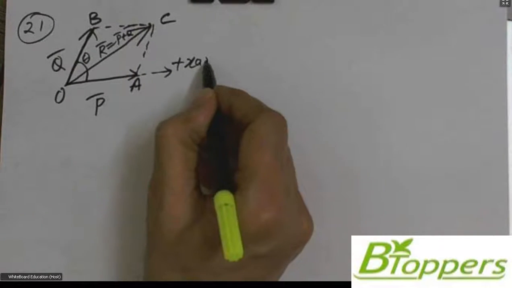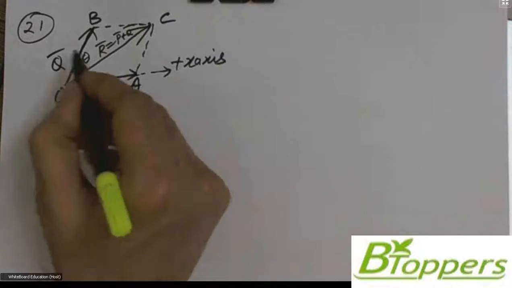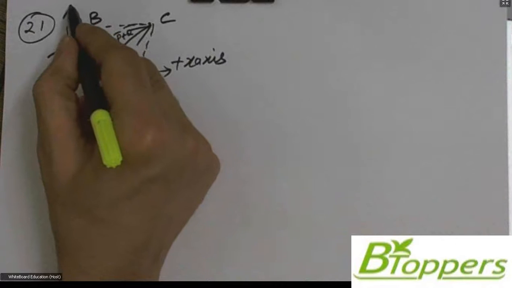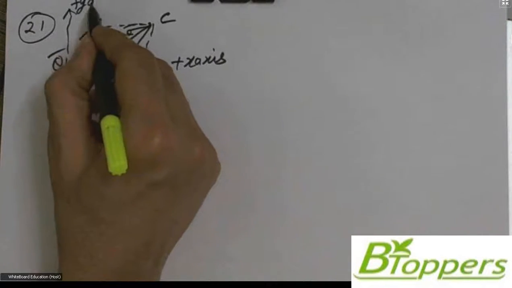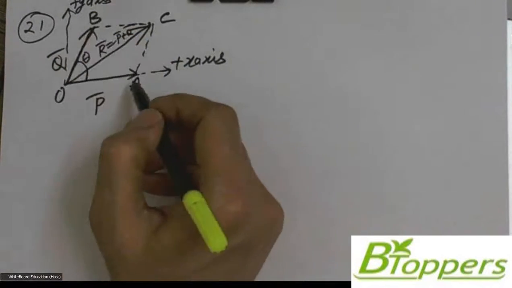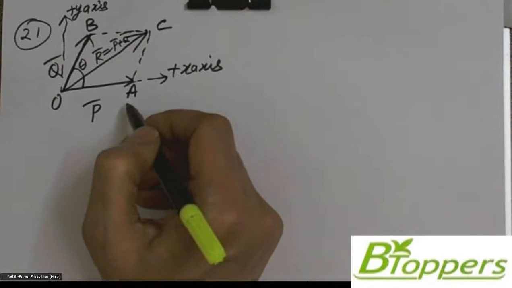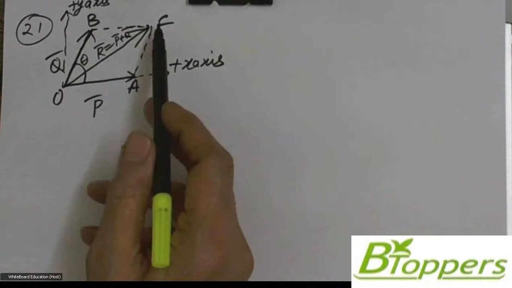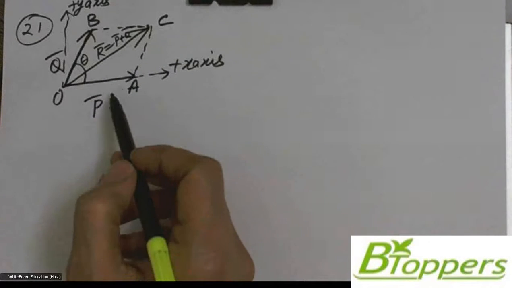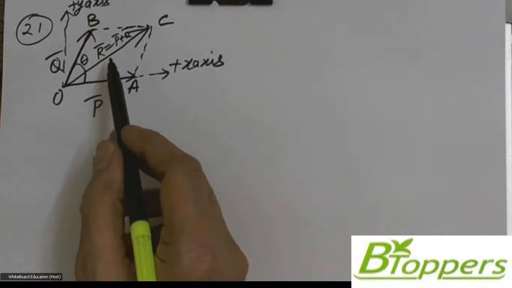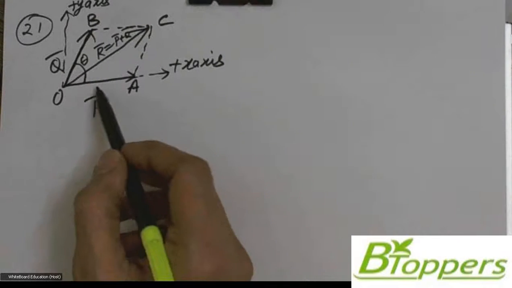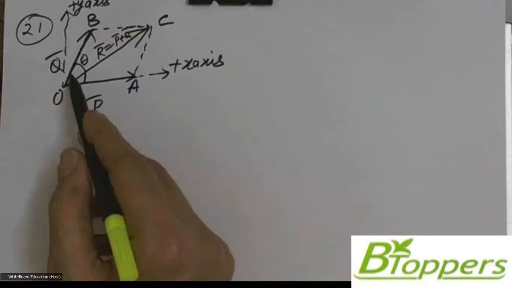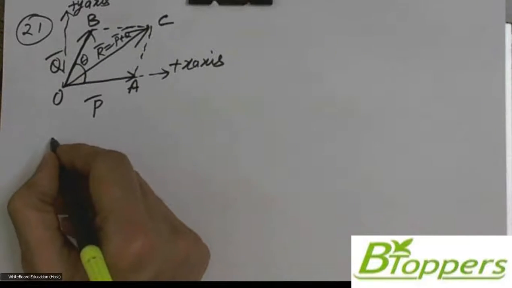We can choose the direction of P bar as the x-axis, and the direction perpendicular to P bar, in the same plane of the parallelogram, the same plane containing the two vectors, I take as the y-axis. That means the resolved part of R bar in the direction of P bar has magnitude Q, that means the x component of the resultant has magnitude Q. We can resolve the vector Q bar into rectangular components.